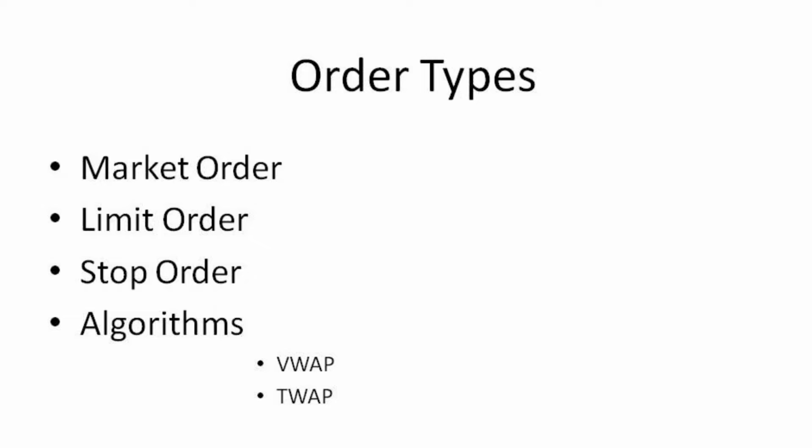These are usually algorithms that are designed by your broker, by your trading software provider, for example. And a VWAP order is a volume-weighted average price order. And then TWAP is time-weighted average price. So it's really an average price, and it just depends on whether you want it to be volume or time-weighted. And these are for, we'll say, very large investors. We'll say if you're a big asset management firm and you want to buy $50 million worth of a stock